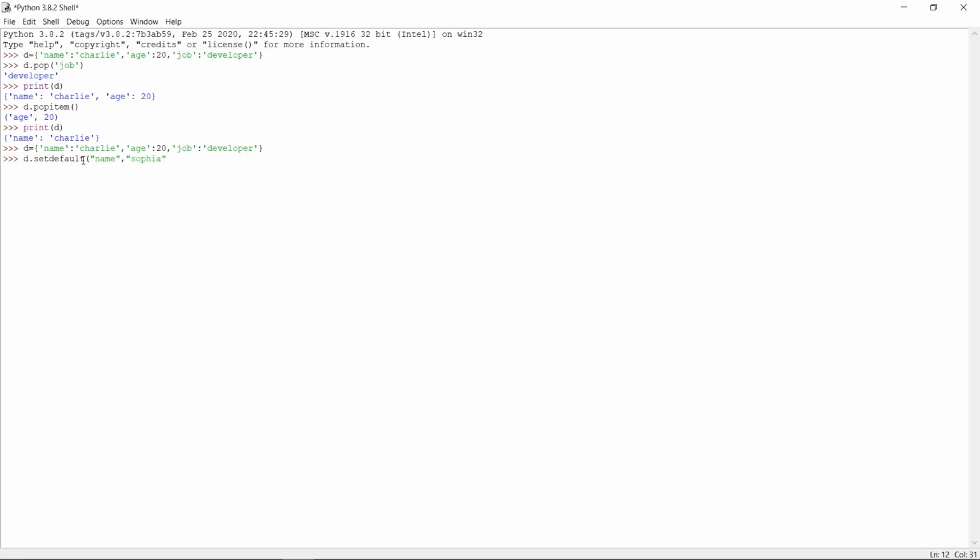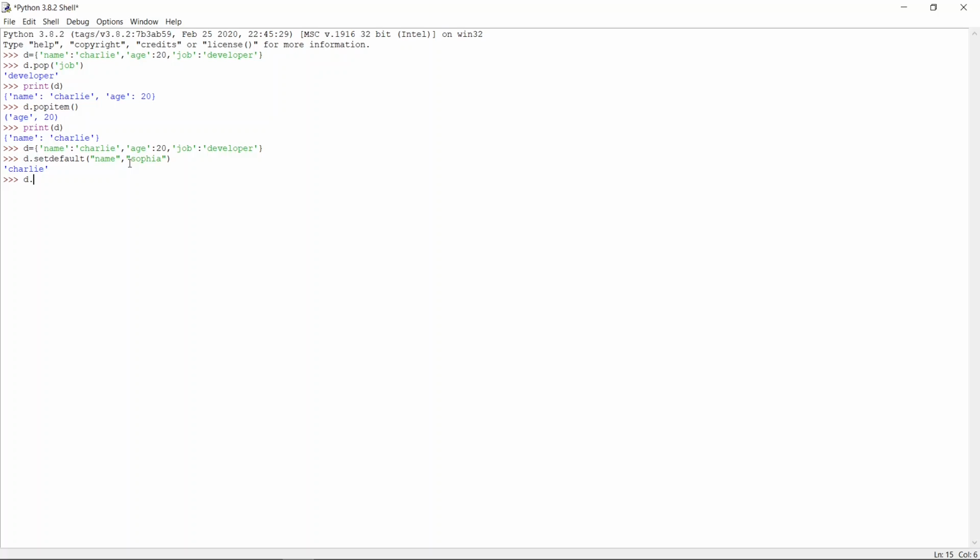So I added name. Enter. Here you can see the name already exists, that's why we cannot add it, right? So if you want to create another name, you can create it. It will tell us the name already exists.